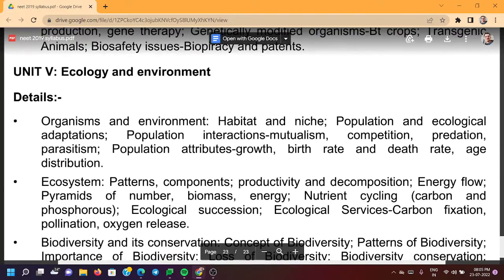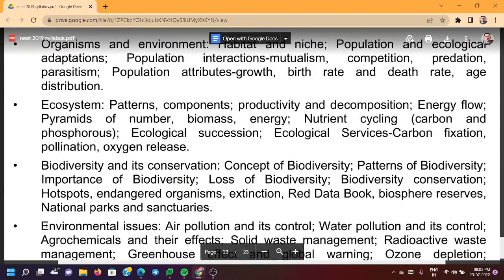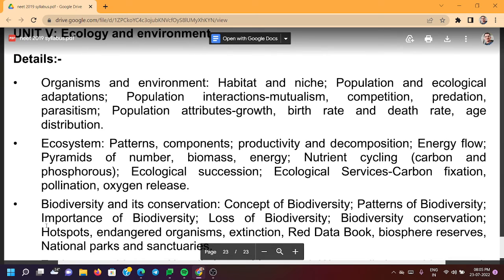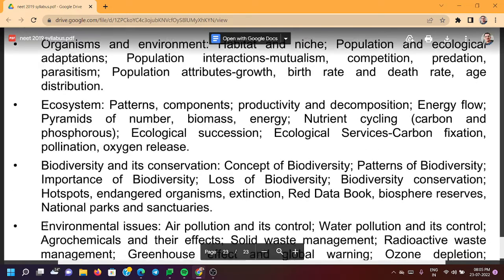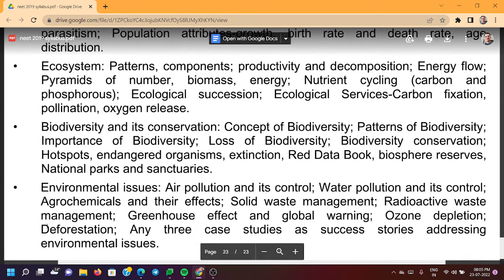Class 12th, Unit 5, Biology, Ecology and Environment. Organisms and environment, habitat and niche, population and ecological adaptations, population interactions: mutualism, competition, predation, parasitism. Population attributes: growth, birth rate and death rate, age distribution. Ecosystems: patterns, components, productivity and decomposition, energy flow, pyramids of number, biomass, energy, nutrient cycling, carbon and phosphorus, ecological succession, ecological services: carbon fixation, pollination, oxygen